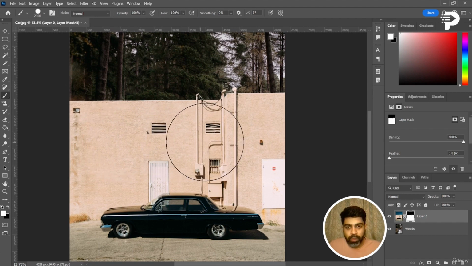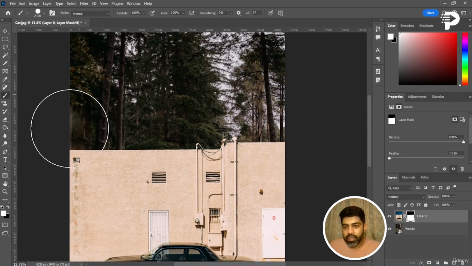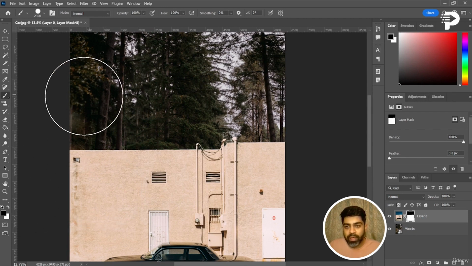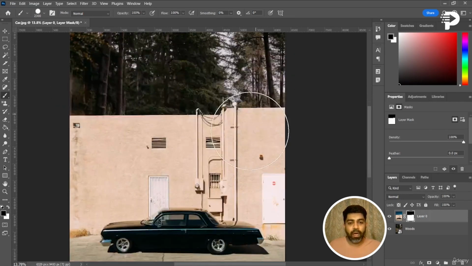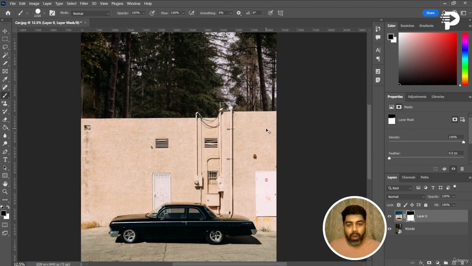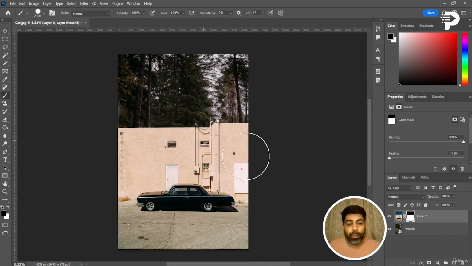Let me do the same thing over here as well. I do see something white over here. I'm not sure whether that is something that's pending from the previous version. So let me paint it with a black color just to make sure that there is nothing hidden. And that's it. That's basically how we can use a layer mask to hide or show layers behind without actually